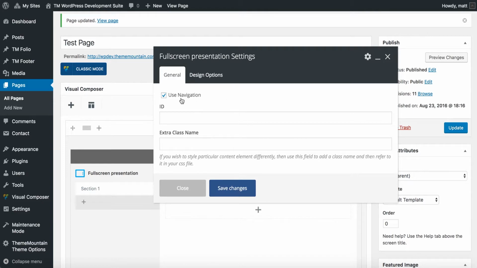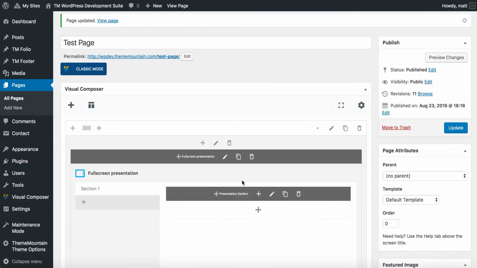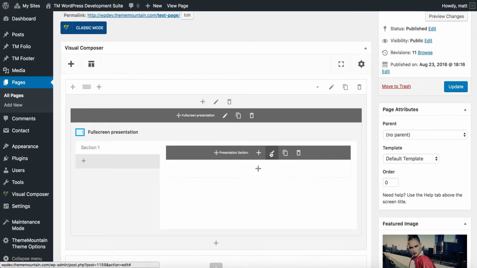First, whether we should use the navigation, and I'm going to leave this selected. This is whether we should have the bullet navigation on the right hand side or not. Then we have the design options here, and we can set two different colors for the bullet navigation. This is so that we can variate it depending on the color of our slide. I'm going to leave it to white and black because it's going to work well with the slides that I'm going to use. So I'm just going to go ahead and save this,